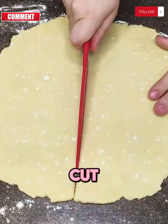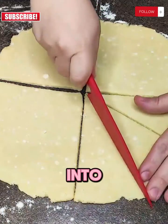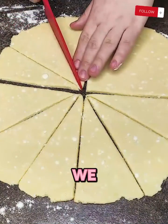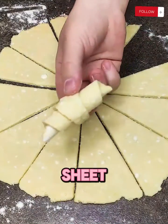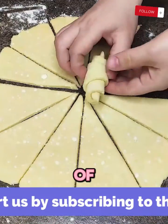Then we cut the dough into halves, then quarters, and finally into 8 parts in the shape of triangles. Then we roll them up as shown in the video to get small croissants. We arrange them on a baking sheet and bake them in the oven for 15 minutes at a temperature of